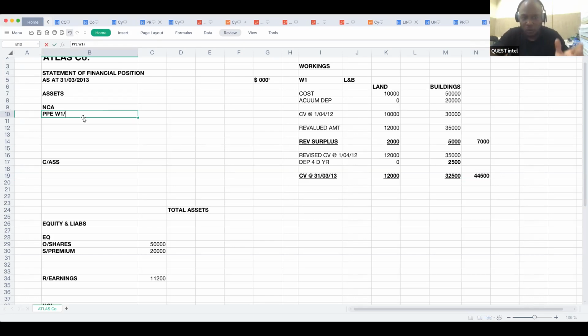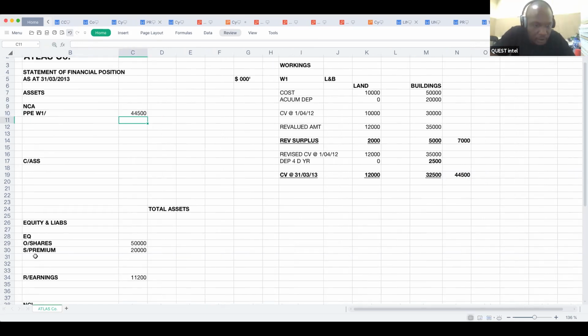And then I'll be putting all the workings that I will do there on the side. So I come here and put is equal to, that's my closing PPE. So that one goes. What else? I have revaluation surplus. Revaluation surplus, I have to go downstairs. So here, I have revaluation reserve,